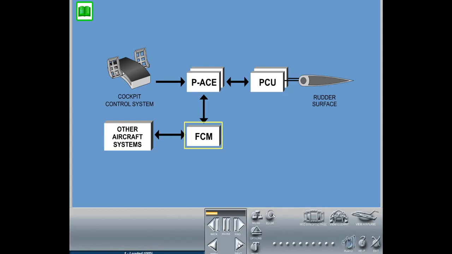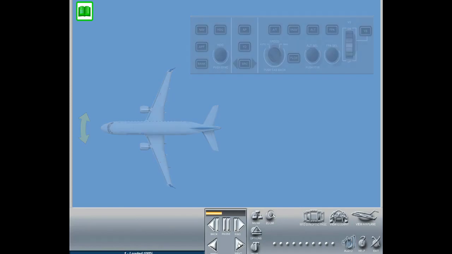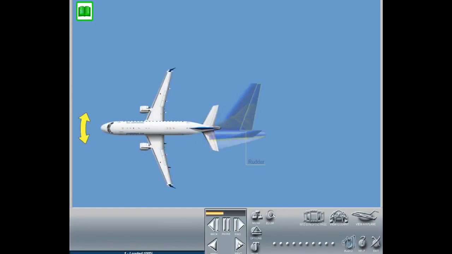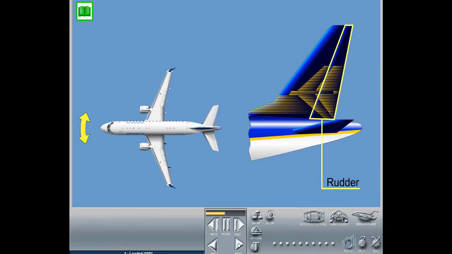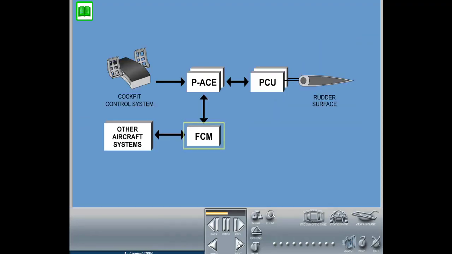FCM high-level functions, and additionally, for airplanes equipped with autoland, the autopilot. The rudder control system moves a single rudder surface attached to the vertical stabilizer. PACE and FCM control logic is used to control two rudder actuators, or PCUs, operating in active and standby mode. With no mechanical connection between the rudder pedals and the rudder surface, a feel unit provides artificial feel and centering